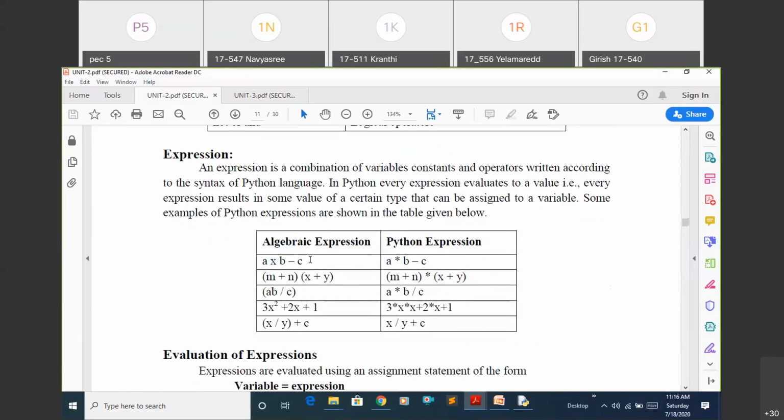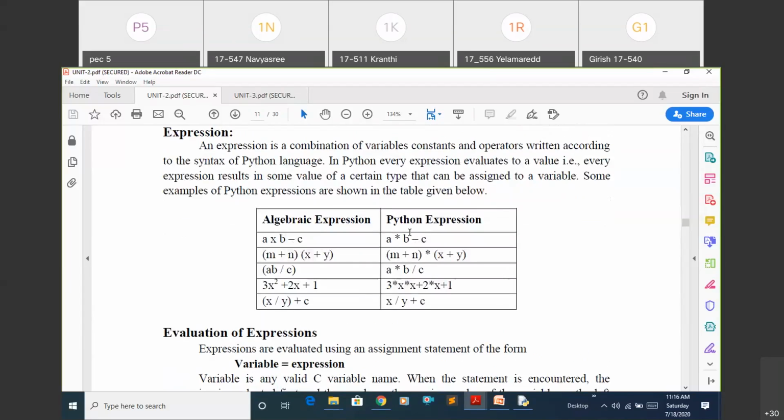Generally in mathematics, we write this statement as an expression, a into b minus. But in programming, we write it like this. Here star means the multiplication operator. The same way here also: in mathematics, if it is a parenthesis, there is no need to mention the multiplication operator, but in programming, you need to mention it.